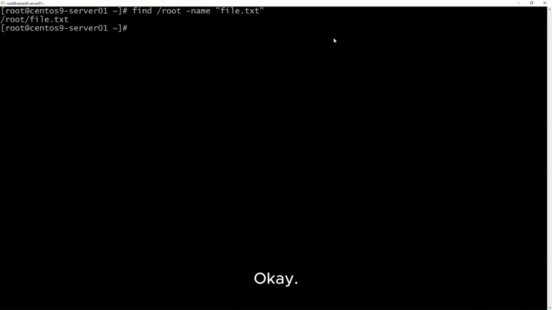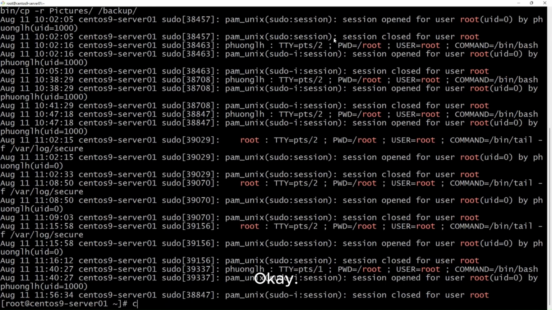To search for specific text inside a file, use grep. For example, grep root /var/log/syslog searches for the word root inside the file syslog.